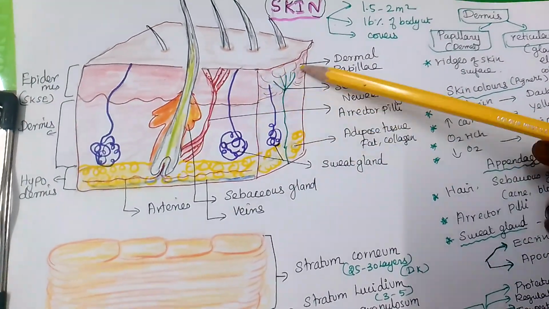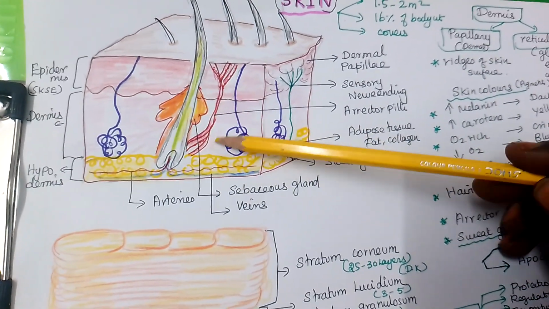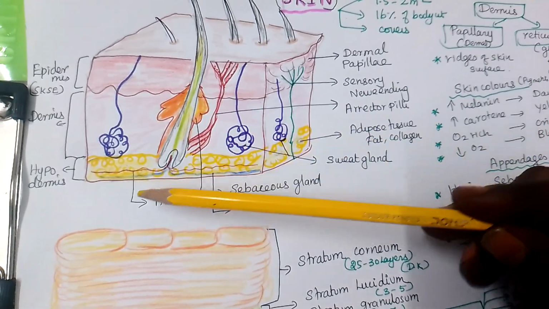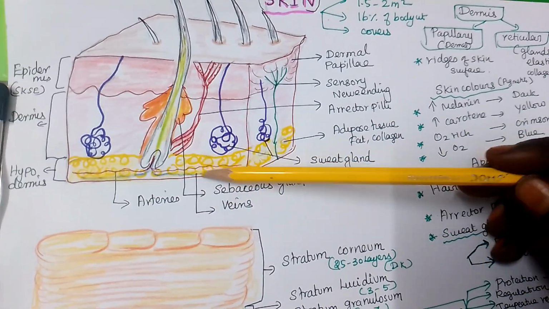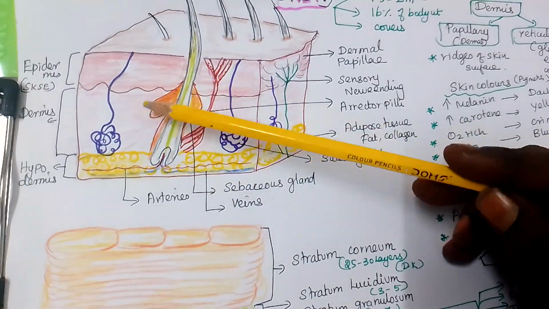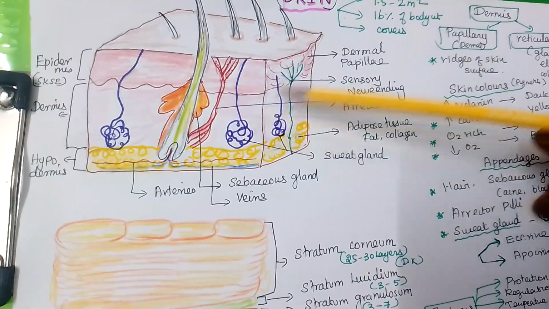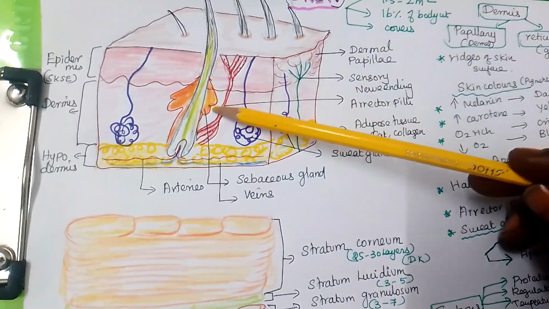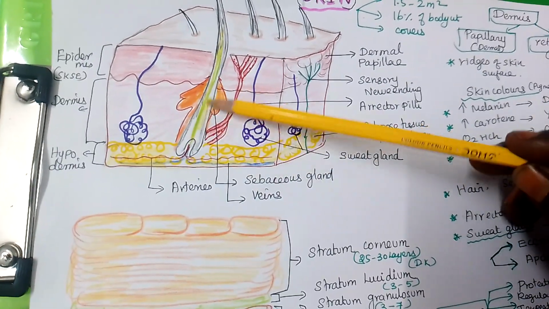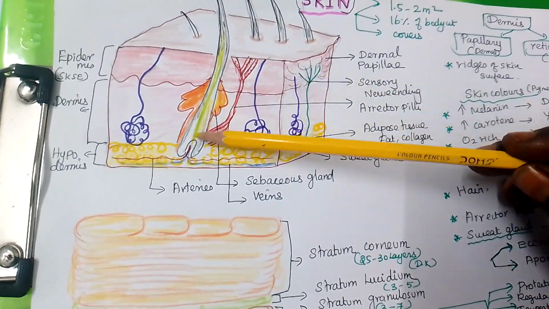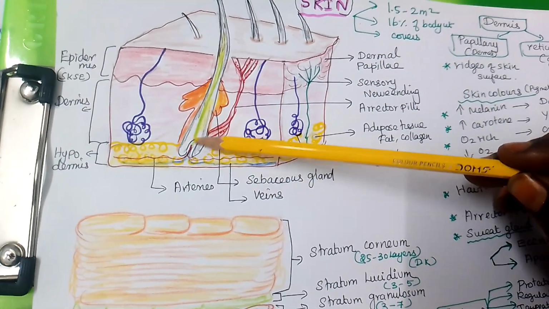This is called the epidermis. This area is called the dermis. In the dermal area a little bit of adipose tissue is also present, but in the hypodermis arteries and glands are present, and simple tubular glands are present over here. These are all called the sweat glands. And this is called the hair. This is the bulb of the hair, the shaft of the hair. In this hair, blood vessels and nerve endings are present,